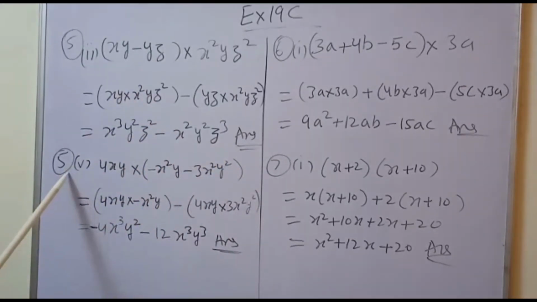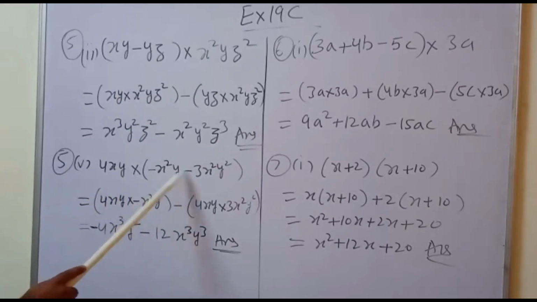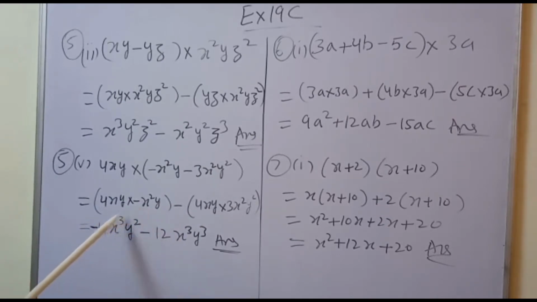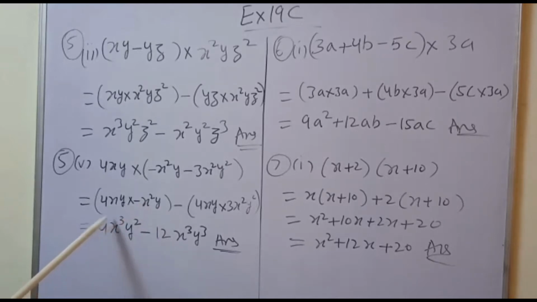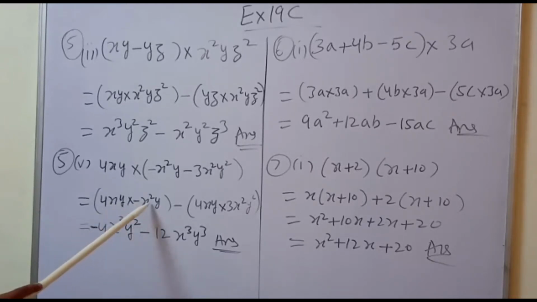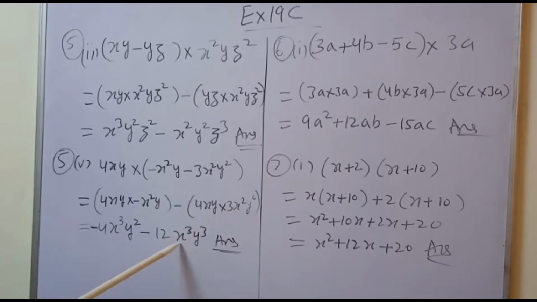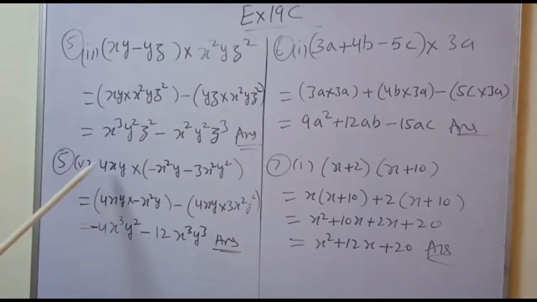So now taking question number 5, fifth part. Same, binomial to monomial, write in that manner. We will multiply together. Same, constant, here is no constant, 1, minus sign right here. So minus 4, x square gives x cube, y square. And here minus sign, 4 3 is 12, x into x square, x cube, y into y square, y cube. So here you can do the question number 5, fifth part.